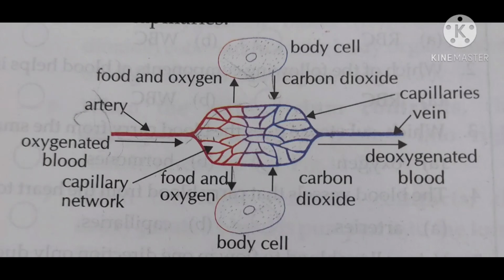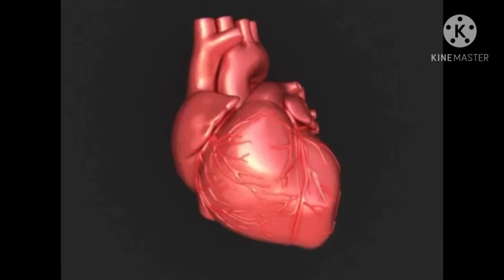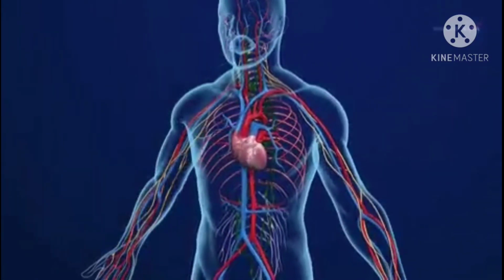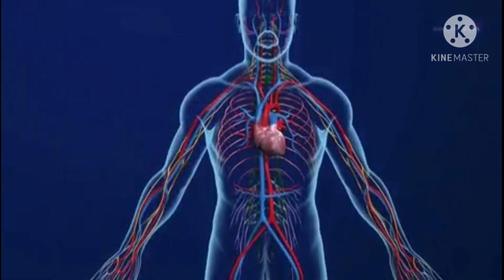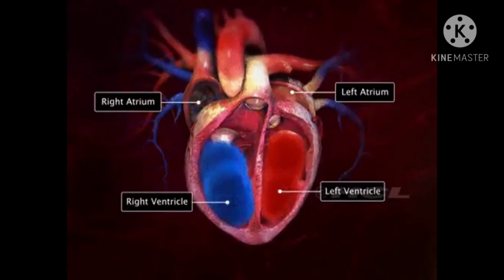As the blood passes from arteries to capillaries, oxygen and other nutrients are delivered to the body cells, and the carbon dioxide and other waste are picked up by the blood. This carbon dioxide rich blood goes back to the right auricle, and in this way the heart functions continuously. I hope children, now you know how blood is circulated in our heart.